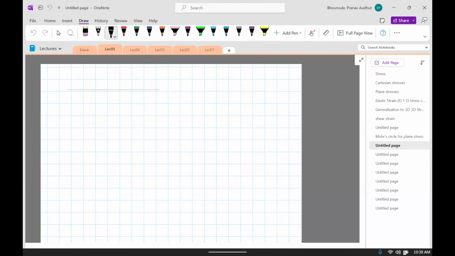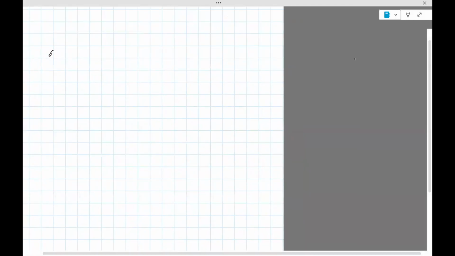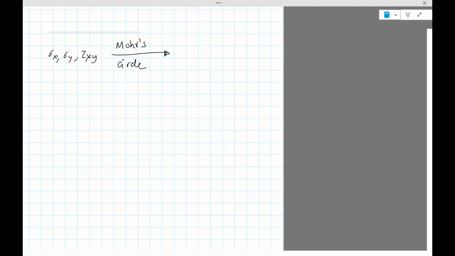So if you know sigma x, sigma y, tau xy, the Mohr's circle is a way of computing sigma and tau at a given angle theta. So it gives you the transformation. Turns out that sigma is